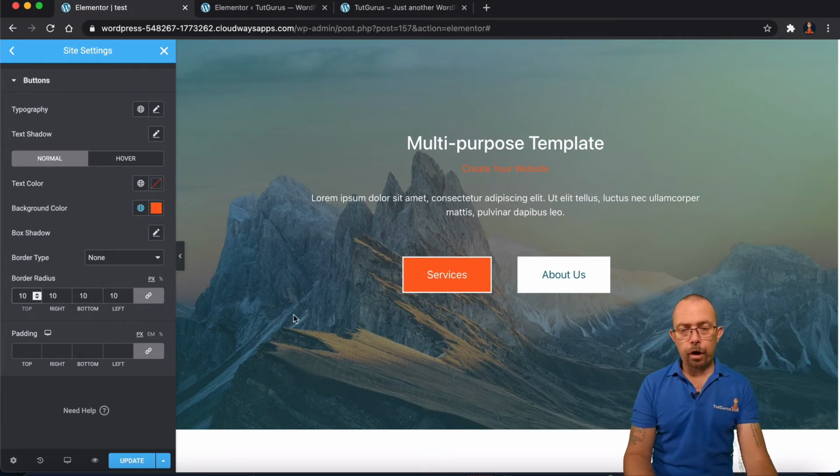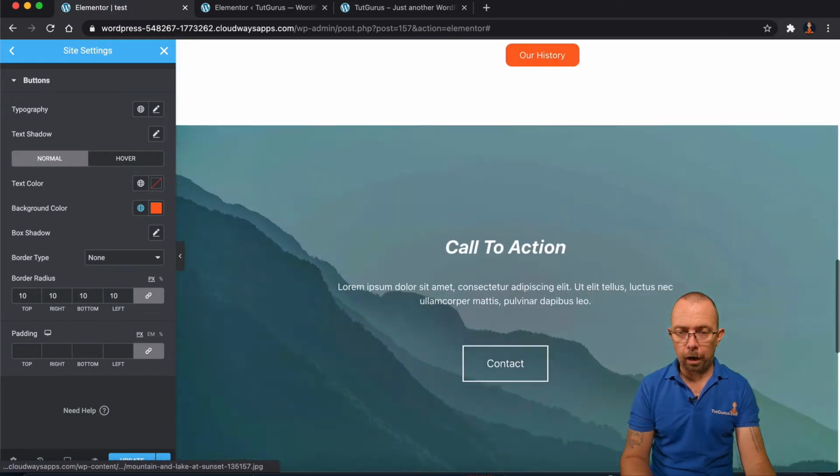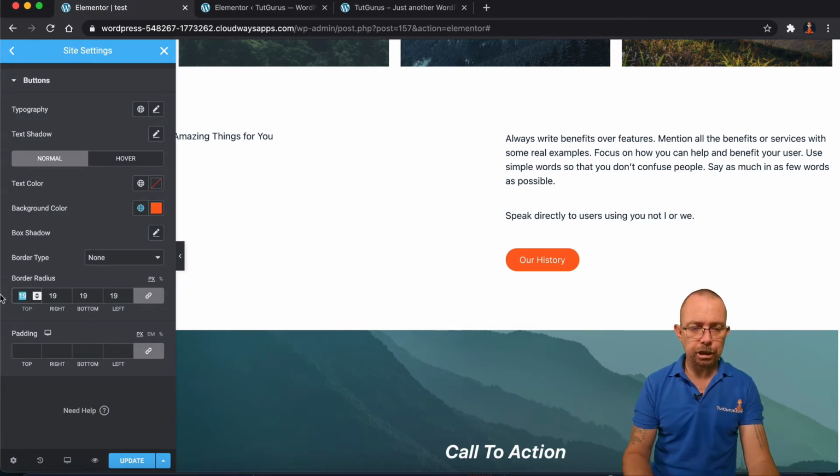Now, what you'll notice here is that when I add this, it doesn't actually change the buttons. And I want to show you the reason why, because you'll notice it changed it on this one. If I change it here, you can notice that this is getting a border radius, but you'll see on some of these that it isn't actually changing.